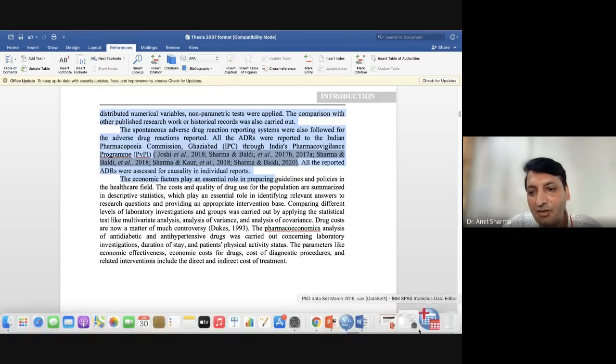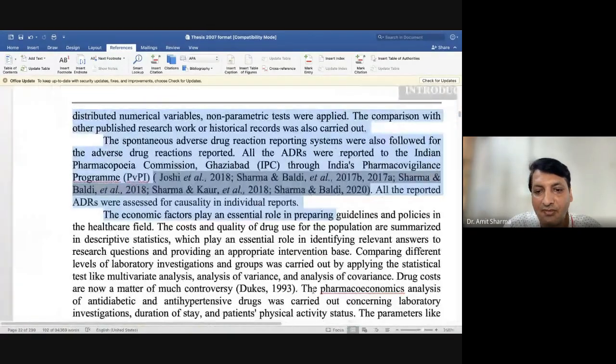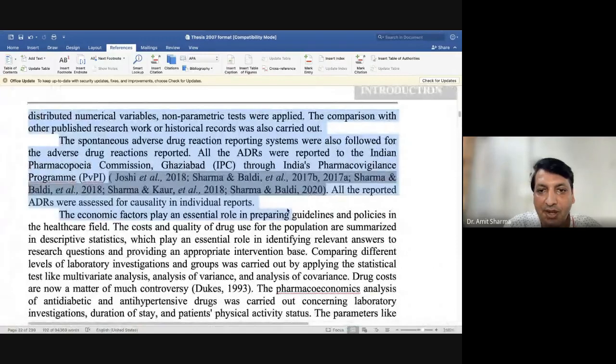One more thing you can see here. I never used to get an example like this, but once I got one, so I'll discuss it. Two papers have been published in the same journal. The authors were the same, the journal was the same, even the content was different, obviously, but everything else was the same. So for one you can write A, and for the second one you can write B. I think you are able to understand. The same journal, the same author, even the publication year was the same.